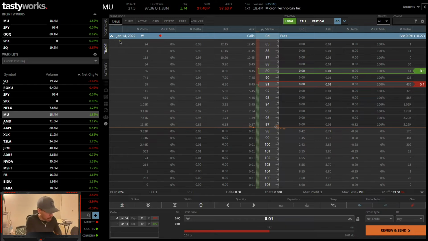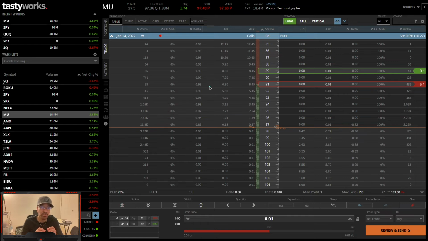If you recall, I sold a credit spread on the put side, right? I sold a 91 put option, and I bought an 89 put option, which creates a spread. The spread is the difference between the strike prices, so the differential is $2. An option contract controls 100 shares of the underlying, which in this case is MU, so I multiply 2 times 100, which gives you $200.